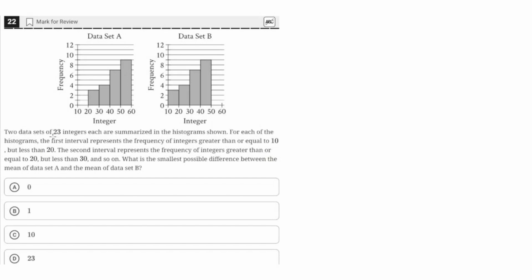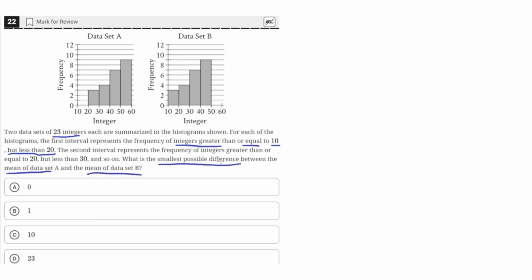Two datasets of 23 integers each are summarized in the histogram shown. For each of the histograms, the first interval represents the frequency of integers greater than or equal to 10 but less than 20. The second interval represents the frequency of integers greater than or equal to 20 but less than 30, and so on. What is the smallest possible difference between the mean of dataset A and the mean of